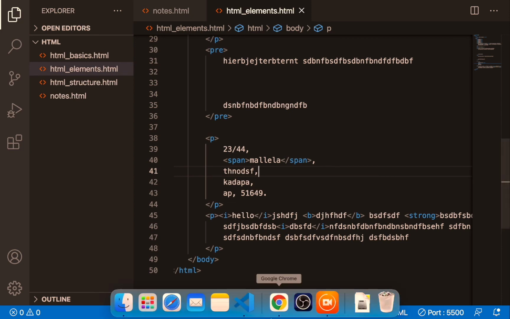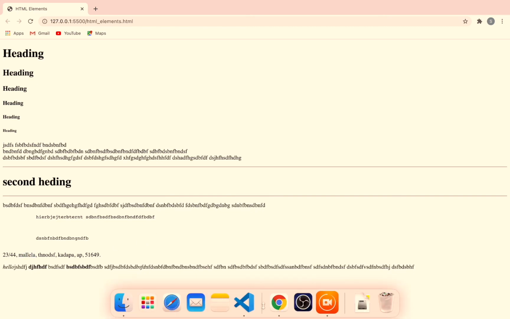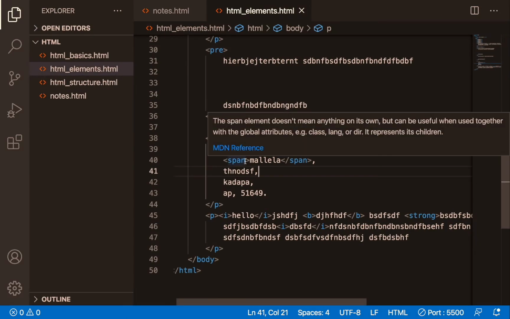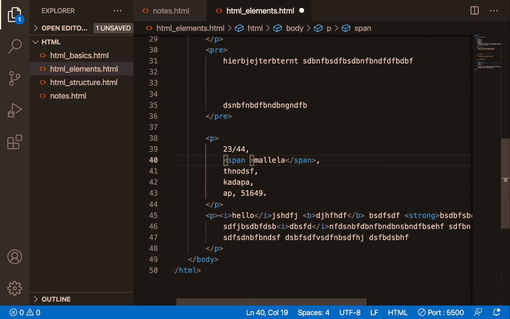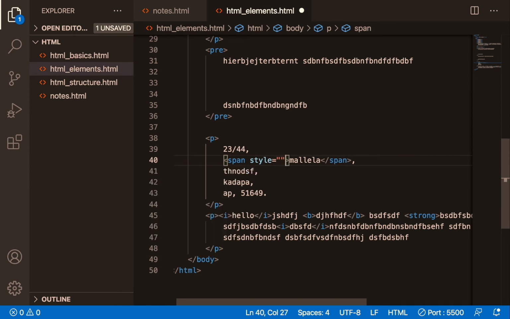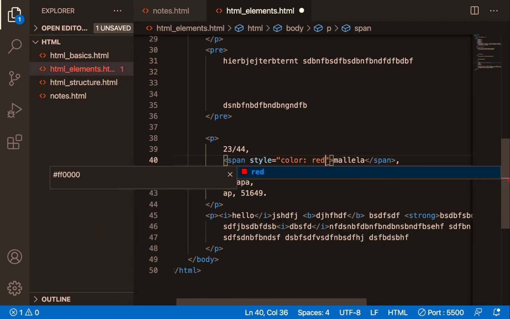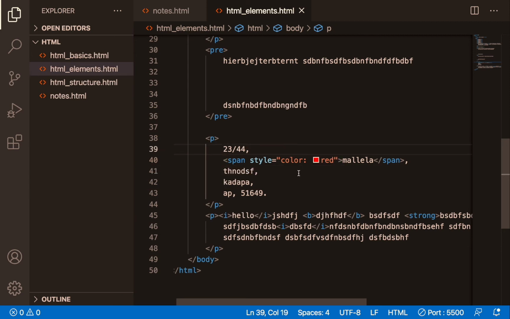Now see how it will come. It's not highlighting because I did not write anything, I just put it inside that span. Now I want to give some color here. If you want to give color, you can give it like this: color red. Regarding CSS, I will tell in the CSS session.